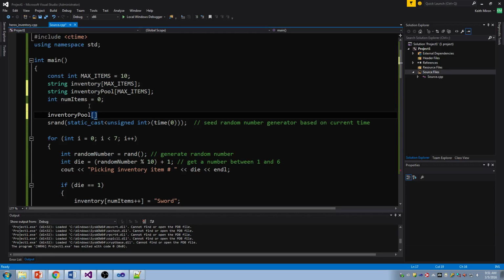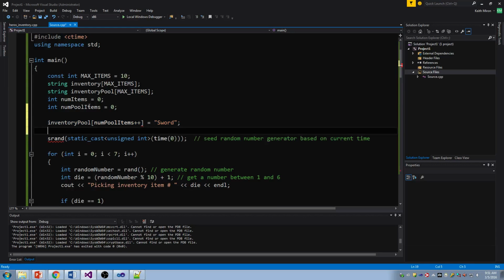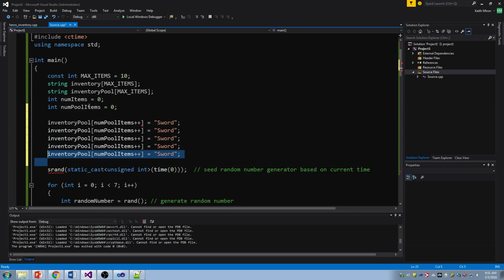So if you wanted to, you could do something like this, where you could create all your inventory items like this. And so you do this 10 times,